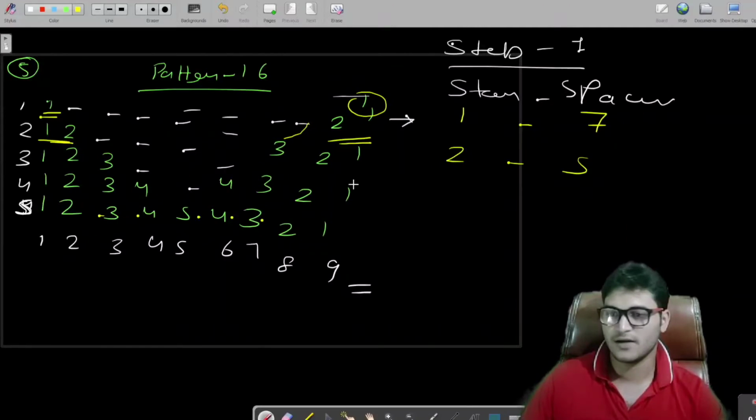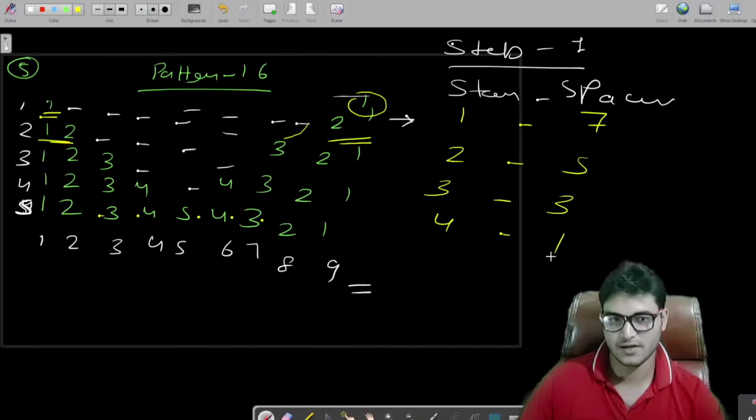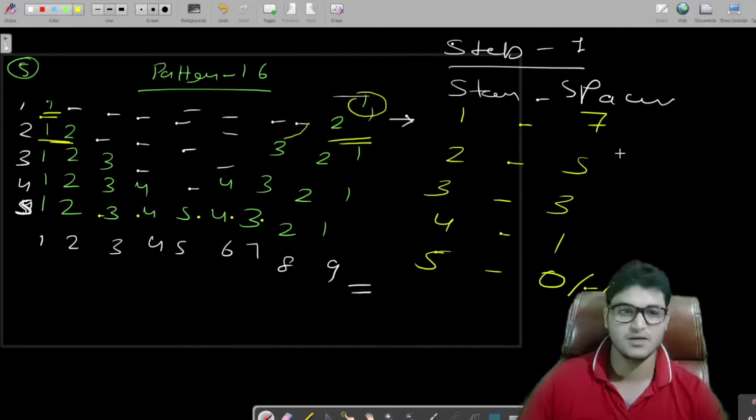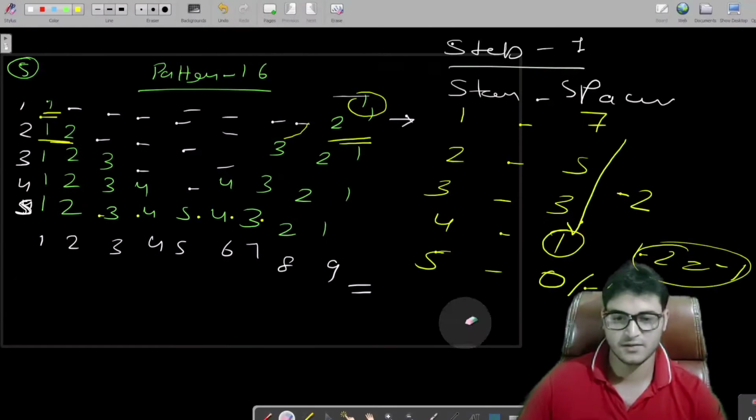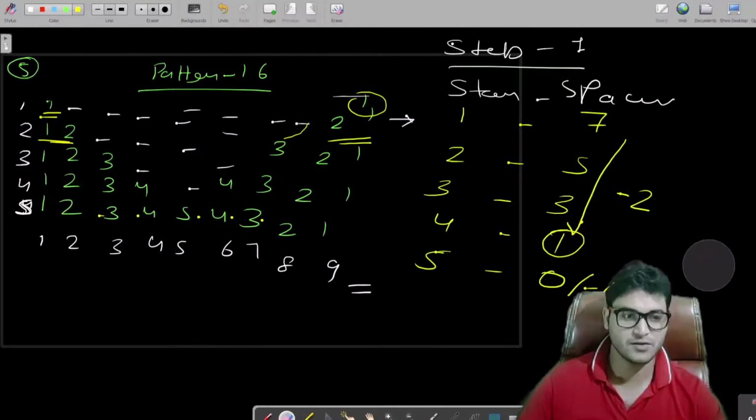And in the third row we have 3 stars and 3 spaces. In the fourth row we are having 4 stars and 1 space. In the fifth row we are having 5 stars and 0 spaces, or you can say -1, because this counter is decreasing by 2. That's why 1 minus 2 would be -1. Otherwise you can ignore it also, because we do not have to worry about that. Fine.